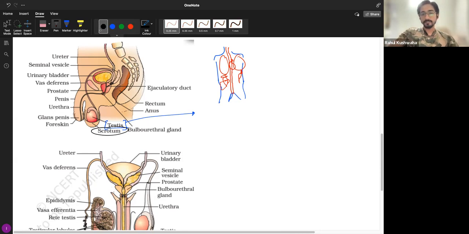In females, even the ovaries lie within the body cavity. They are in the lower abdominal cavity, but the primary reproductive organs of females are present well inside the body. But why is it that in males, the primary reproductive organ is not within the body cavity? For example, this urinary bladder is between the gut and the body wall. So this is in the body cavity. Everything is in the body cavity, but if I draw a line, this is where the body wall is, and this part is outside the body cavity.